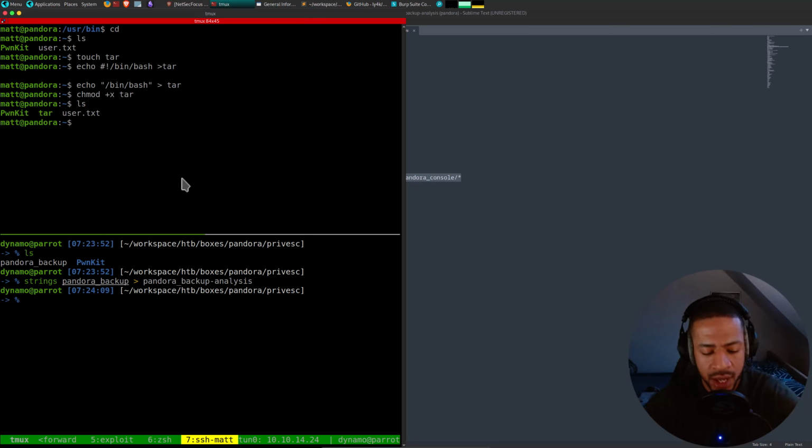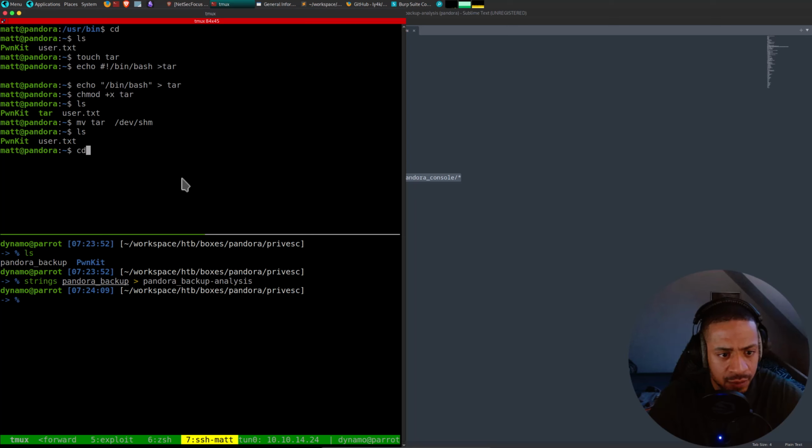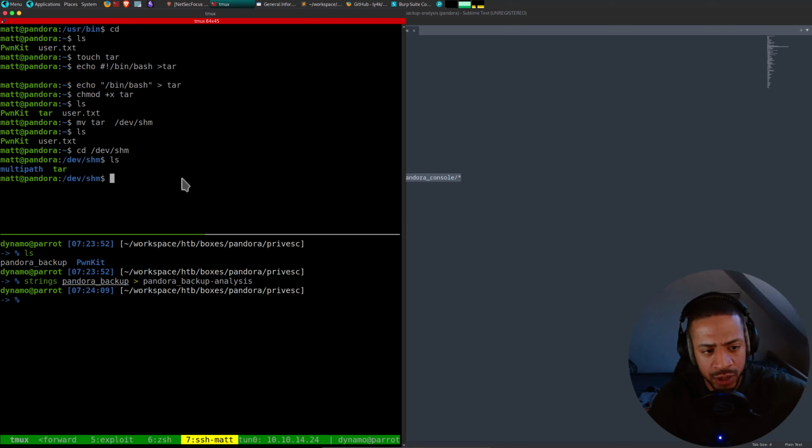And then how do we do path hijacking again? I learned it and I want to do it correctly. So I move tar to, I learned to do this from this folder, right? I don't know why, I just did it from there, because that's a world writable folder. Yes, I saw it before in the world writable folders, and that's why I should do it from there. I'll just do it from there from now on.